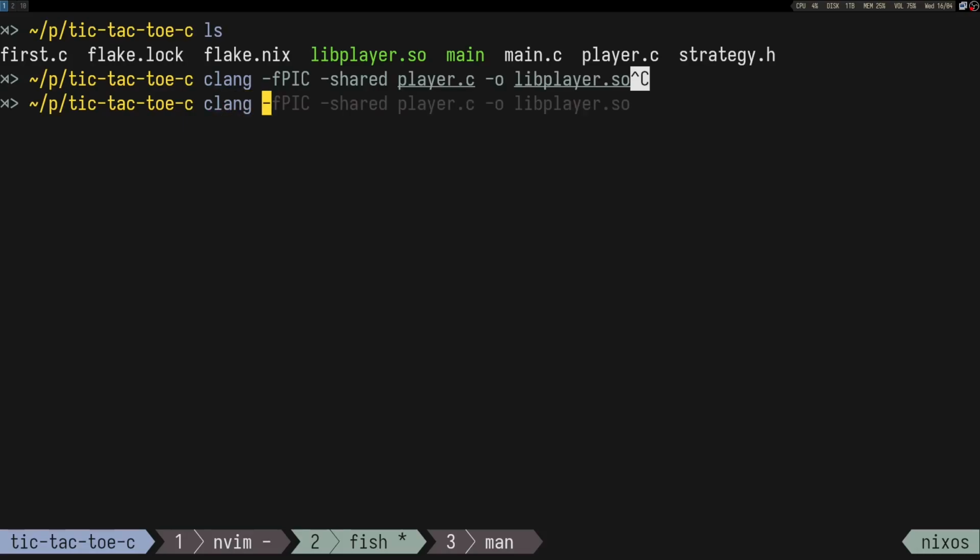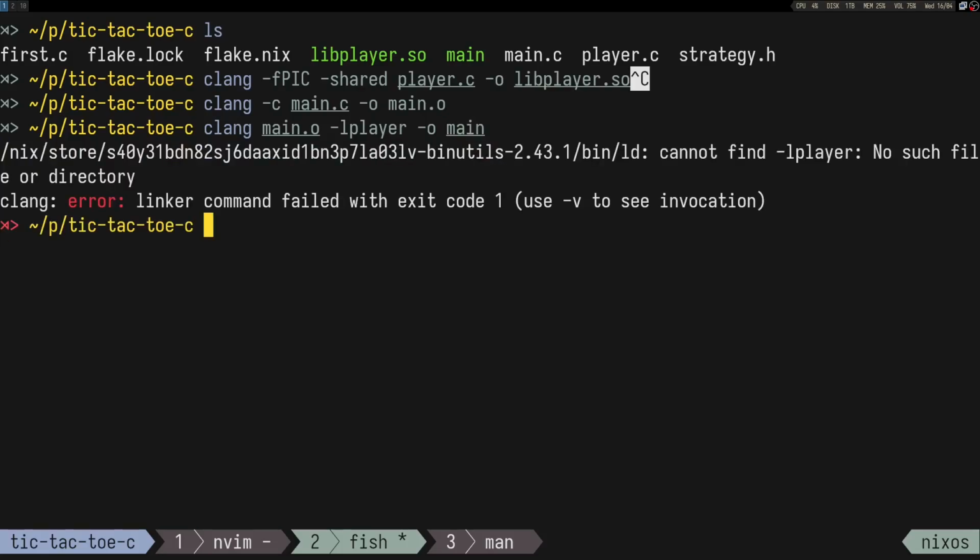So let's say clang -c main.c, main.o, obviously, and then I'm pretty sure we can say something like main.o -lplayer, which is the library, and compile it into an output, but I think we also need to say something like